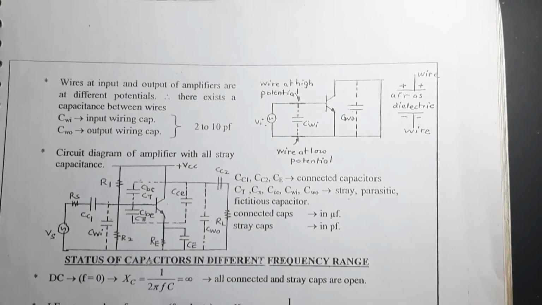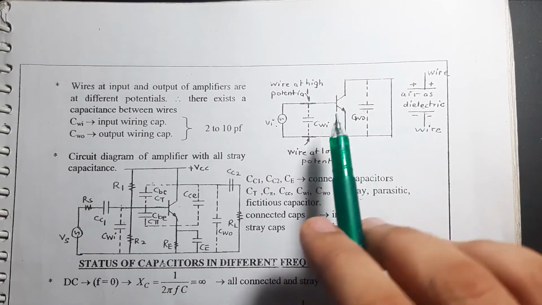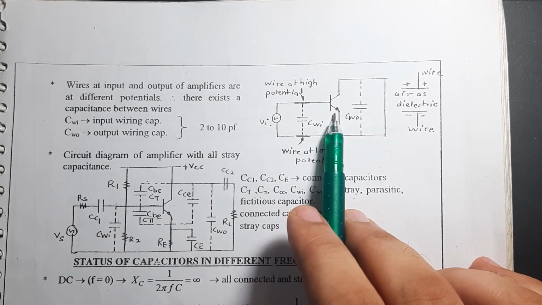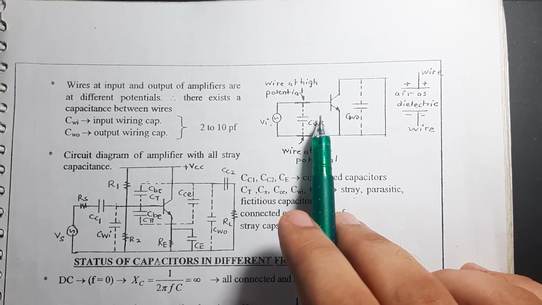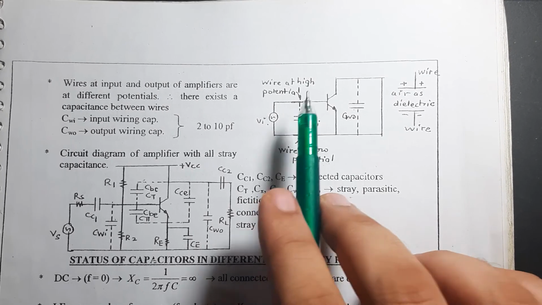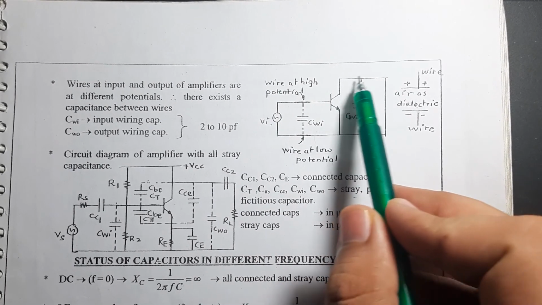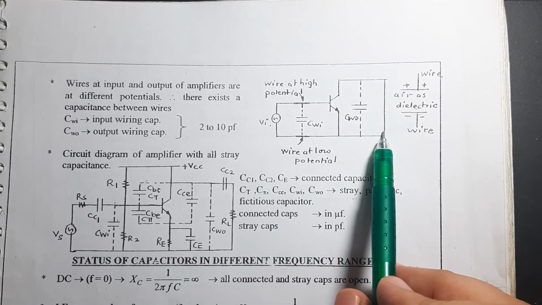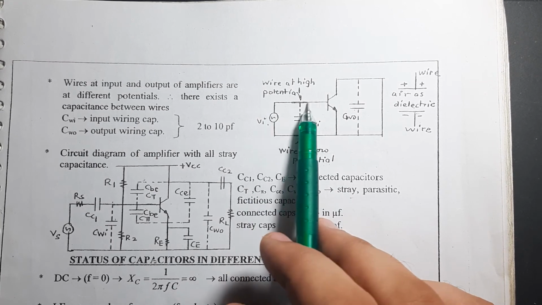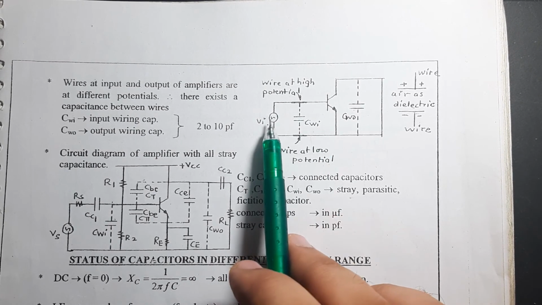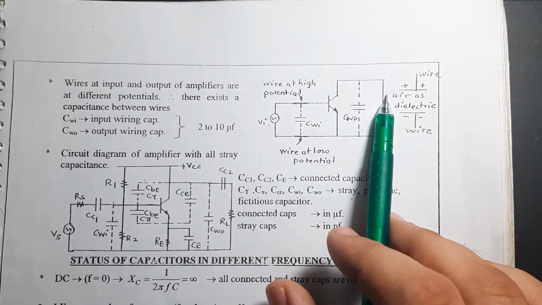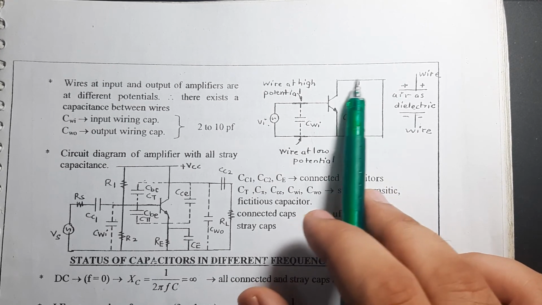Now, if you look carefully at this diagram, a simple BJT is being drawn, a simple construction, keeping wires into consideration. This is the input terminal, this is the output terminal, and this is the ground terminal. Whenever we do the actual setup, these are the wires which are connected from the input to the base terminal. Similarly, the collector will be connected to the output terminal via simple wires.